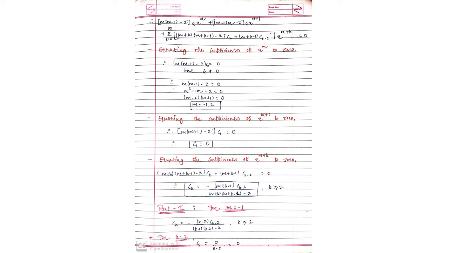So if we put k equals to 0, then we will get m minus 1 minus 2 into c0 x raised to m. If we put 1 in place of k, then it is going to be m plus 1 into m minus 2 into c1 x raised to m plus 1. Okay, now we are combining this series, both the series, so it will start from 2 to infinite. Okay, so 2 to infinite into this whole term, and that is given here, and x raised to m plus k, and that is this one, the common part from this both the terms.